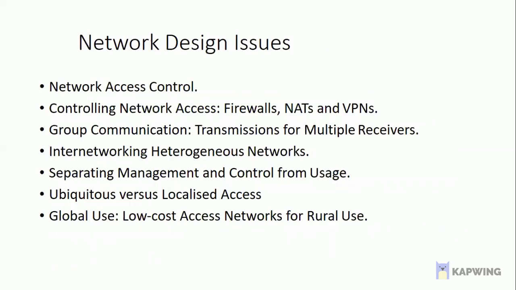So what are the different types of network design issues? First one is network access control. So how to access the network? What type of network do we have to access? What type of access rights or access controls are given for the networks? Then the second one is controlling network access. So we have to control firewalls, then NAT, network address translation, and virtual private